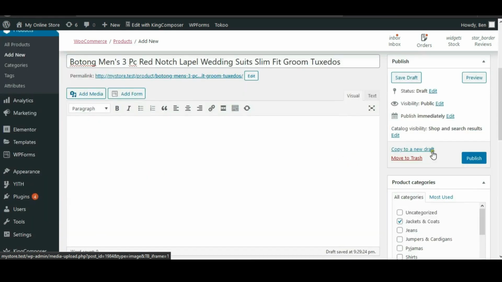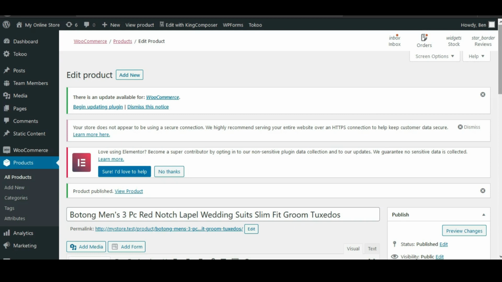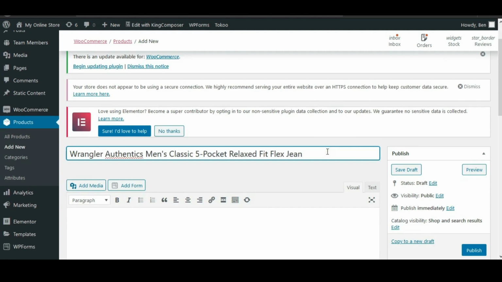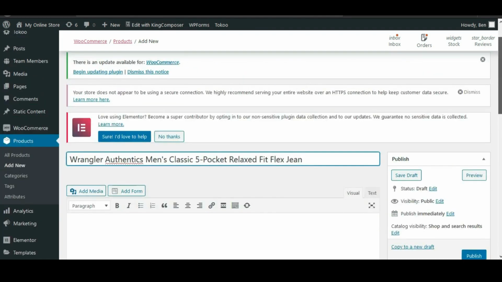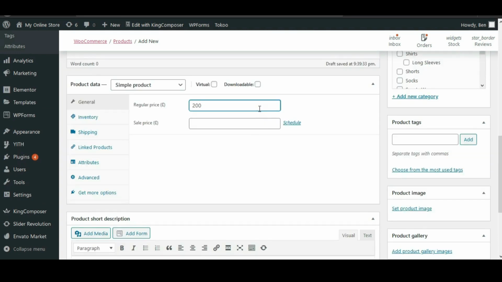Having done all these, I'll click on publish. So back to the product addition, the same procedure is what you are going to use to add all the other products to the website. The same procedure: go to products, click on add new, enter the name of the product, select a category of the product. This product belongs to the jeans category, so I'll add it as such. I'll just check the jeans category. I'll check that box, set my price,